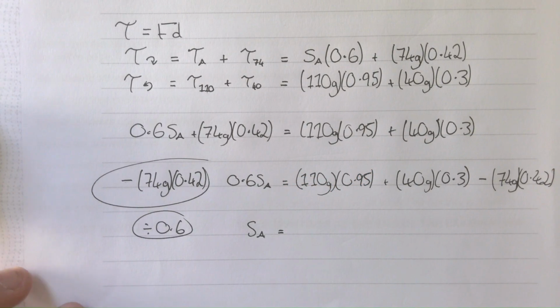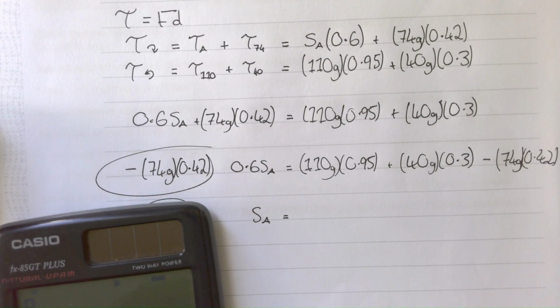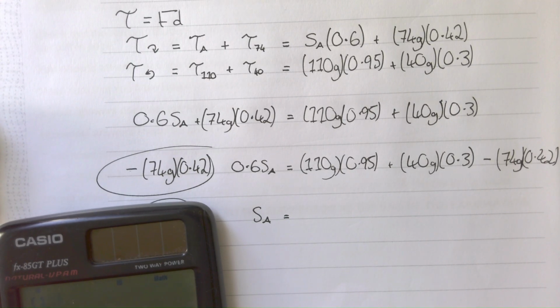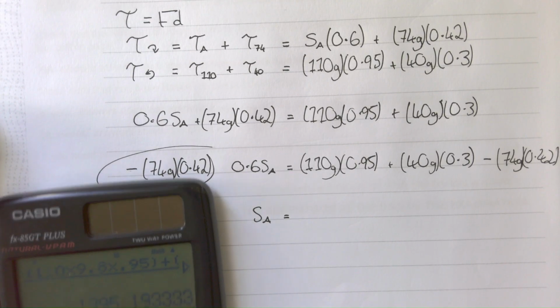I'm not going to type it because this is a long video as it is. You should write out each step of your working without exception. I'm going to type this all in. 110 times 9.8 times 0.95 plus 40 times 9.8 times 0.3 minus 74 times 9.8 times 0.42, all divided by 0.6, should give you